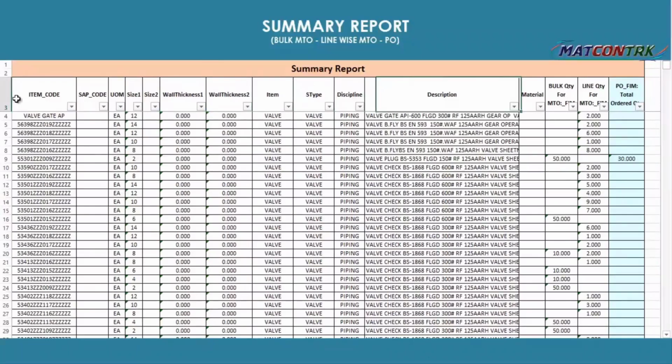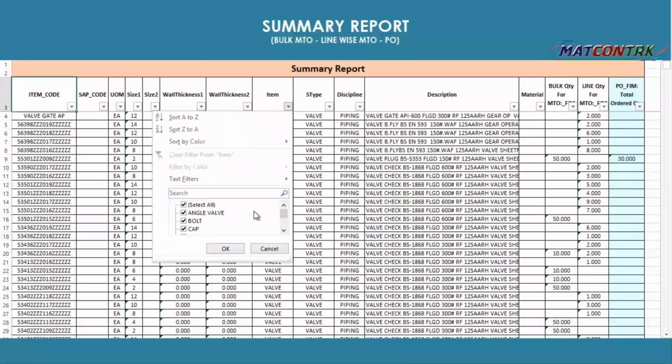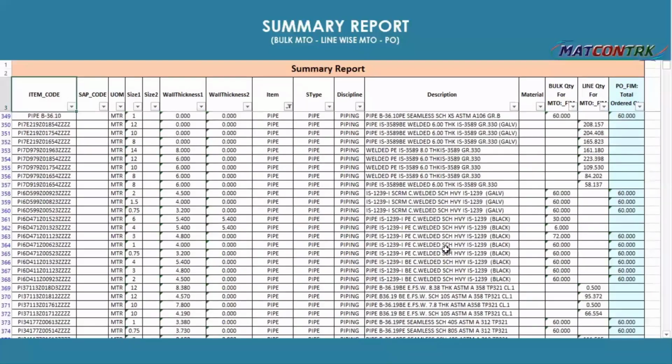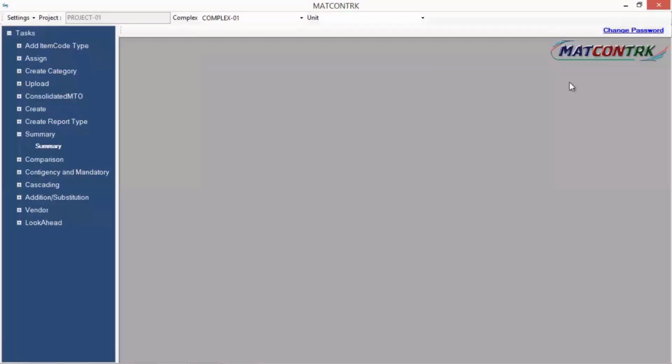I have exported this information into Excel: bulk MTO, line MTO, and the PO quantity. By item code, I can easily track the differences here, and I can measure whether I am okay with the PO quantity, whether I am not running into shortages in ordering. This information is ensured here in the summary.